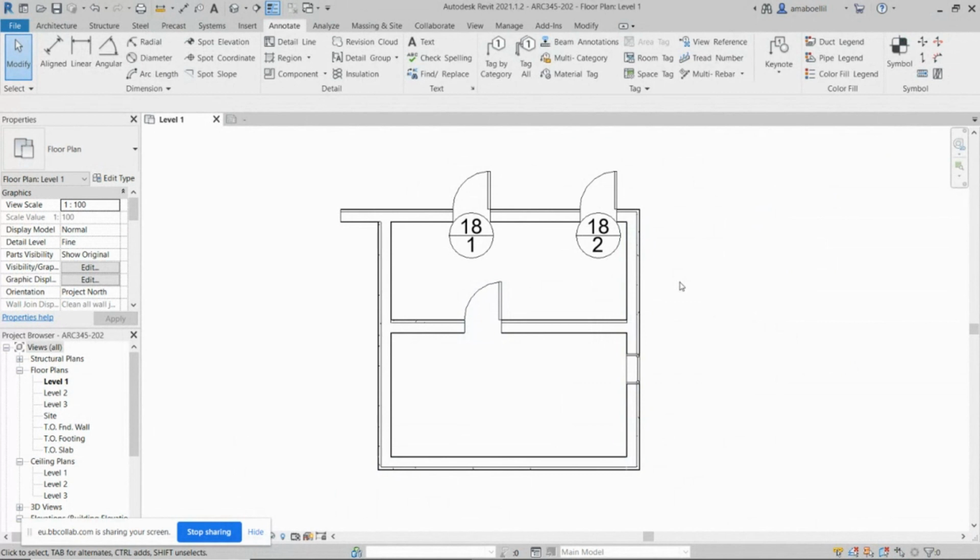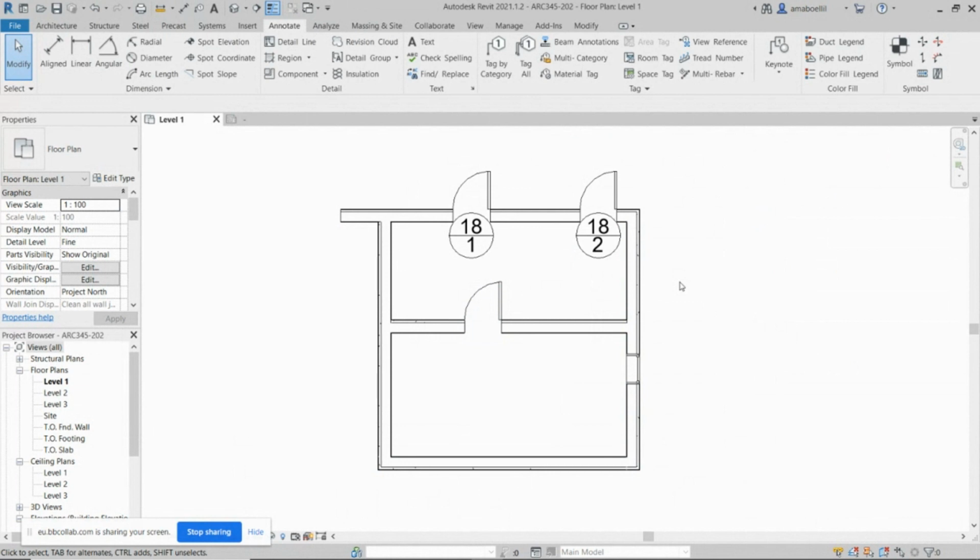Yeah, so the upper number represents the door type, and by giving it a number, say number 18, that means this door follows a specific type, and the door beside it, which is 18 as well, has the same exact type. It's like if I have 2 cars and both of them have Honda written on them, that means the 2 cars are identical to each other, given that the model is the same and everything is the same, right? So this is the title of the door that tells you that this door is identical to the other doors